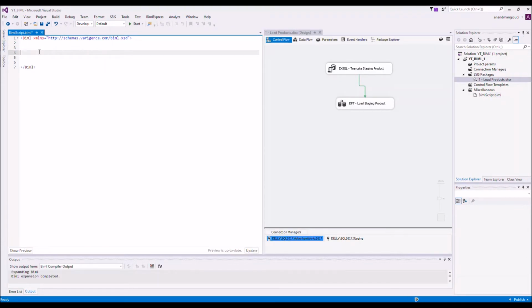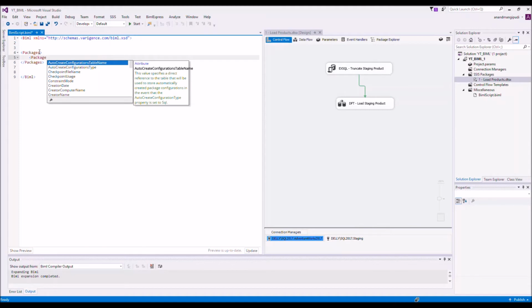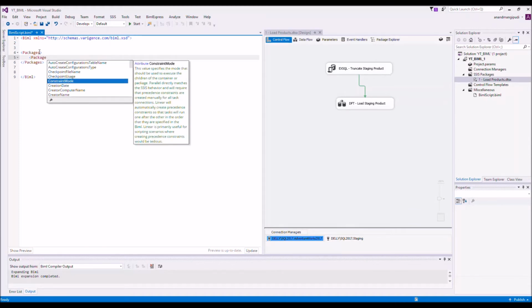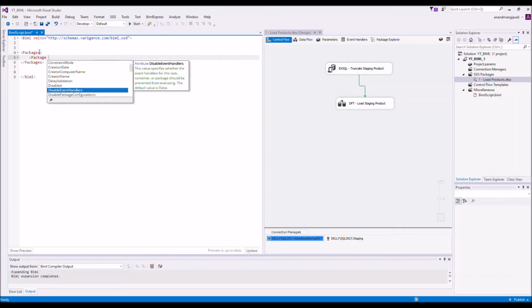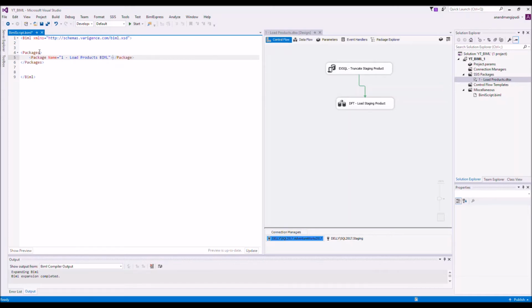So in order to add the package, first we need to add the packages collection element, and then we could add the package. IntelliSense in BIML Express is pretty handy, as we can see, it shows all the available attributes for the package element. To start with, we first give the package a name, load products BIML,